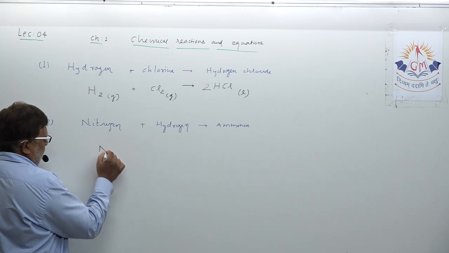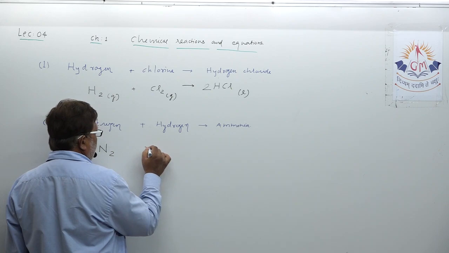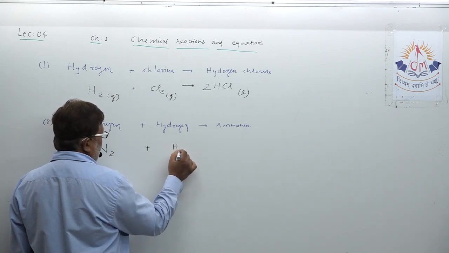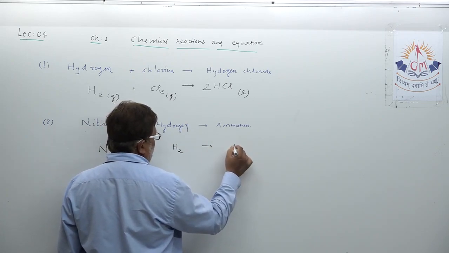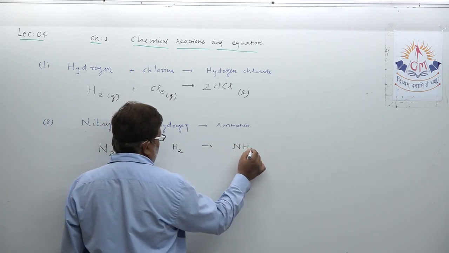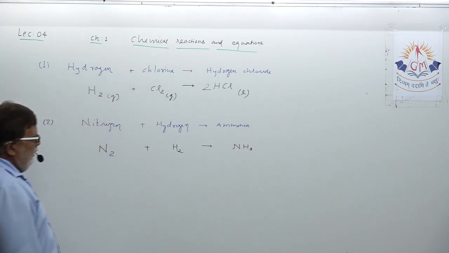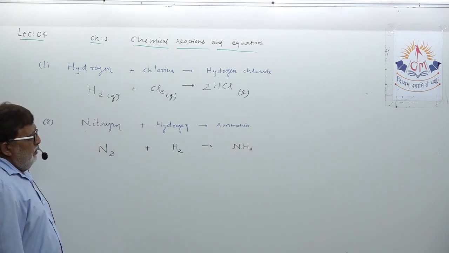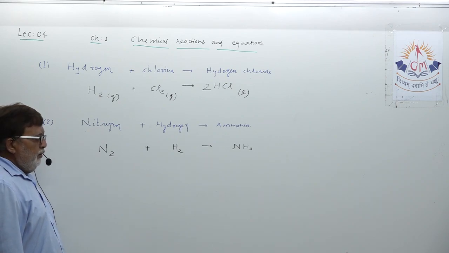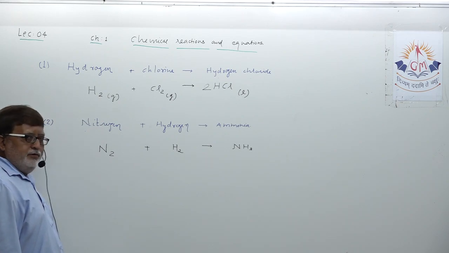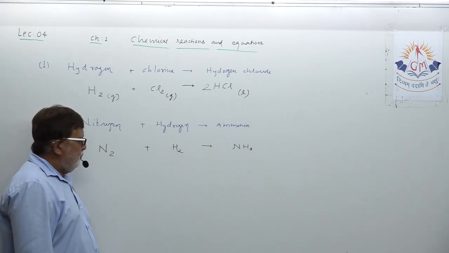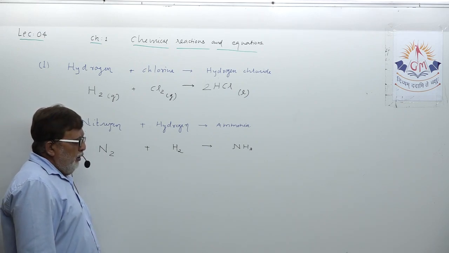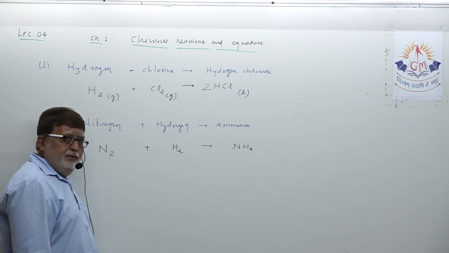the skeletal chemical equation. Nitrogen is diatomic in nature, as you must be knowing. Hydrogen is diatomic in nature, as you must be knowing. Ammonia, the correct formula is NH3. Okay, so I have written the given word equation as a skeletal chemical equation, and now I will immediately target the hit and trial method. So I will select